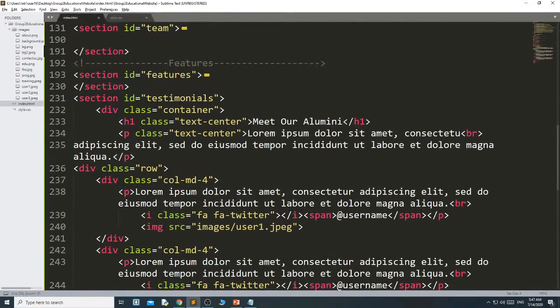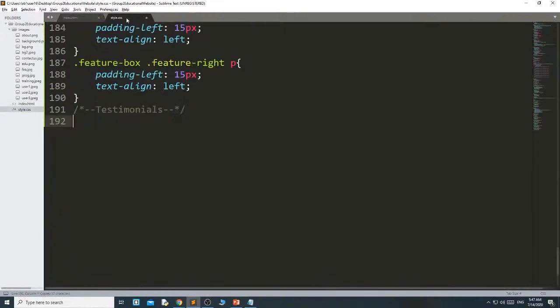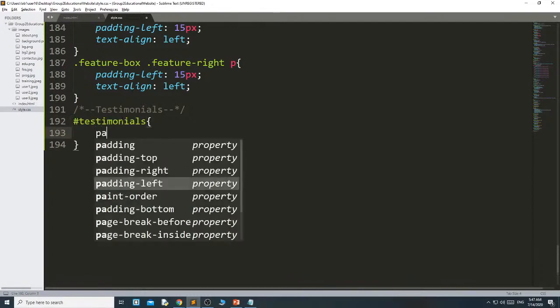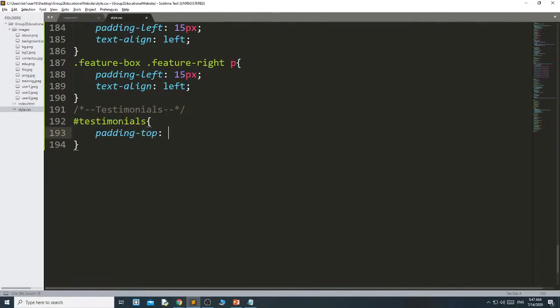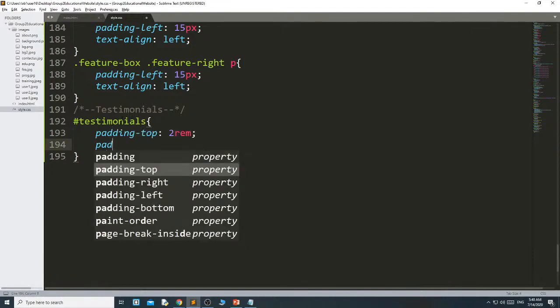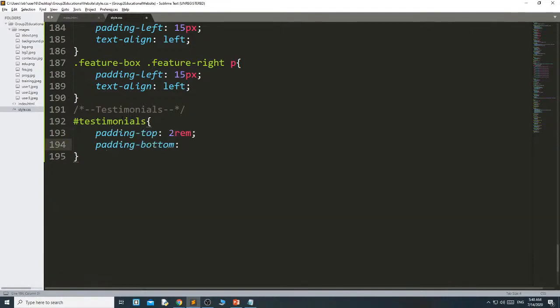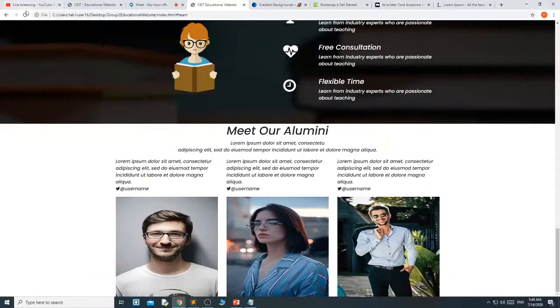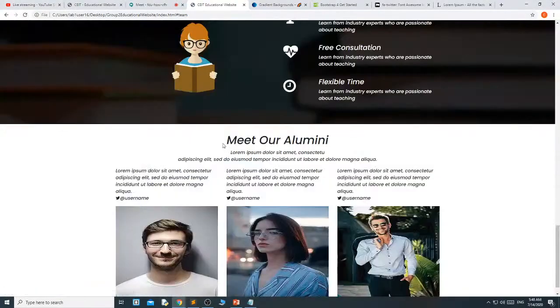The first thing, take this ID as ID, padding top to rem and padding bottom to rem. Okay, it gives padding.